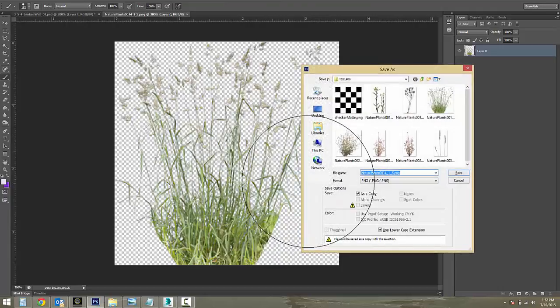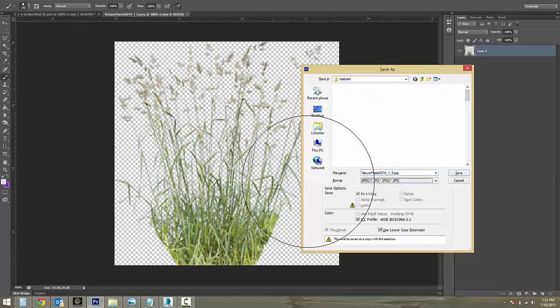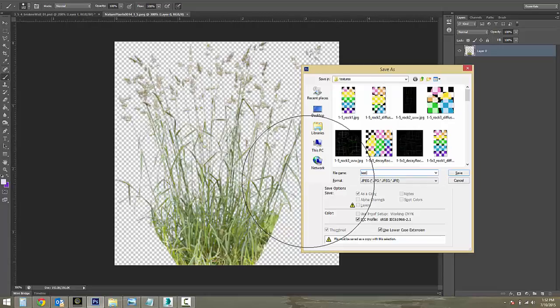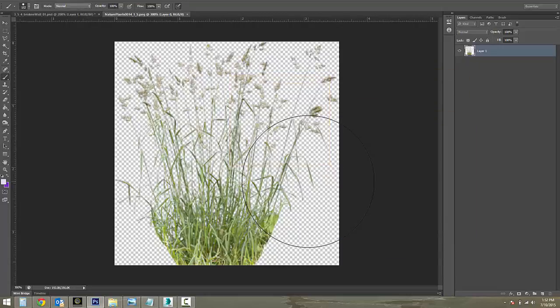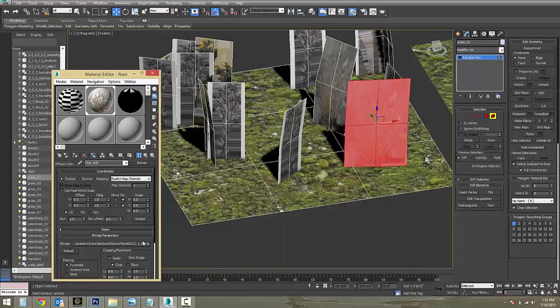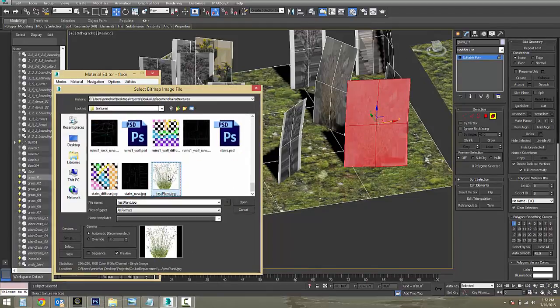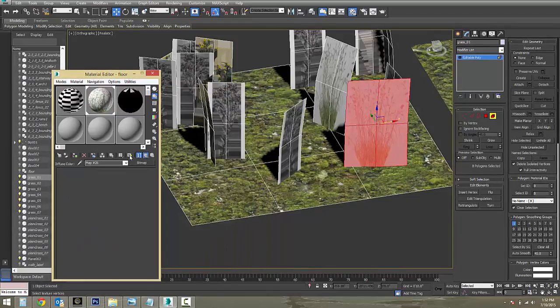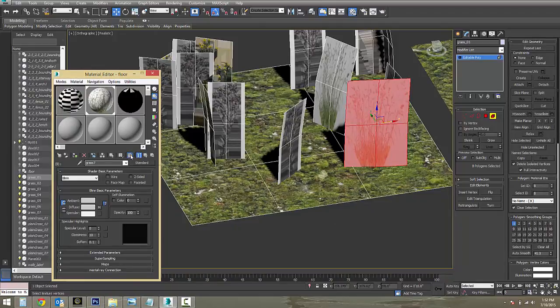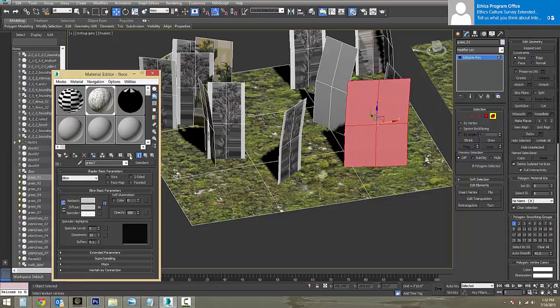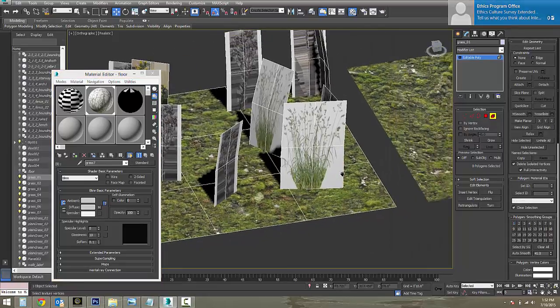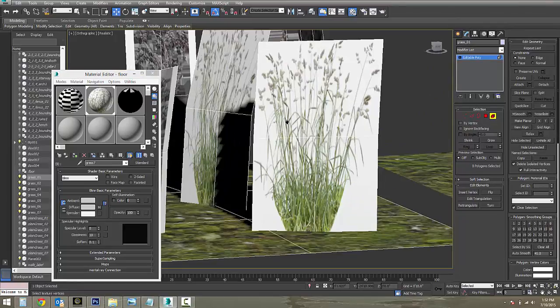If, however, we had a Targa or a JPEG loaded, I'm going to call this test plant, then what would happen is, oh, by the way, this image says show selected material in viewport. If your material is blank, it's because that's not selected. So what happens right now is that